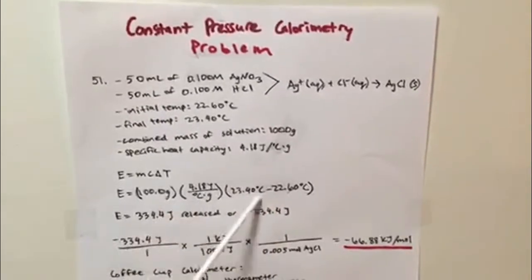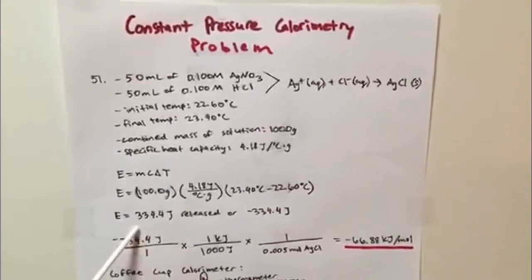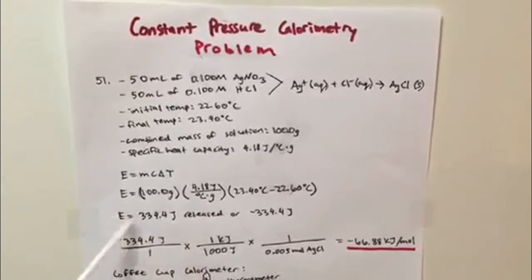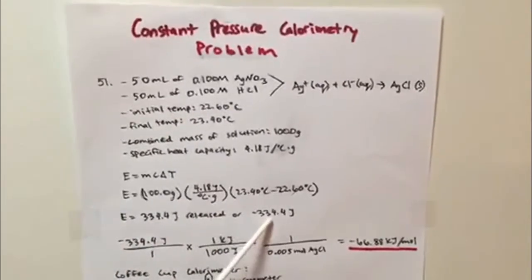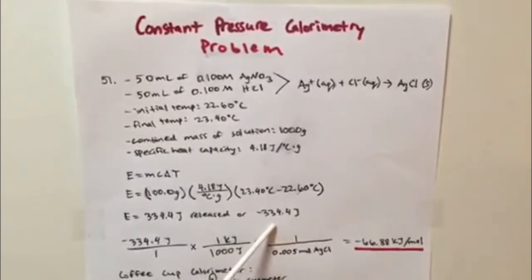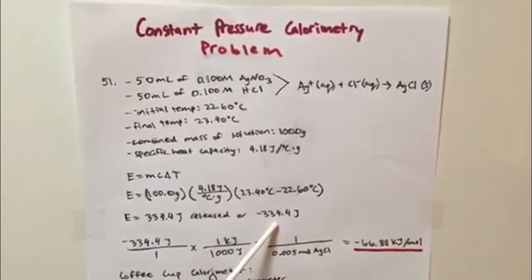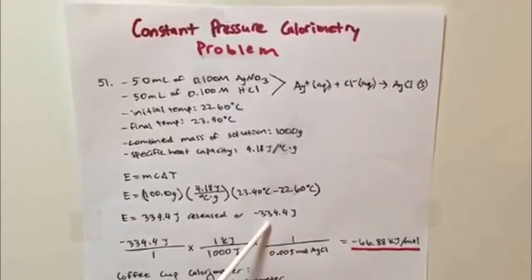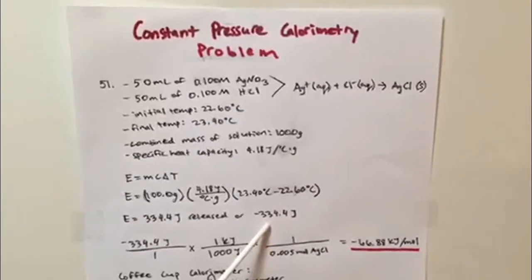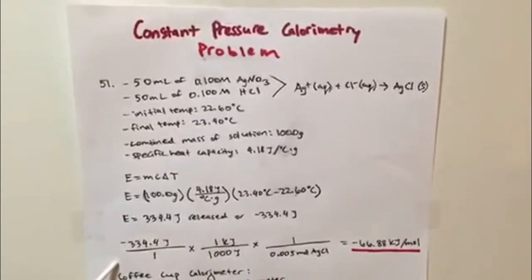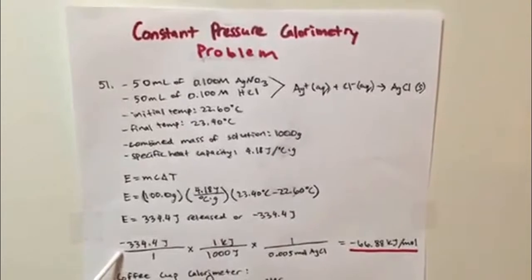And then you plug this in your calculator and you will get 334.4 joules released in heat, or you can write this as negative 334.4 joules because the reaction is exothermic, and we can see that because the final temperature has increased from the initial, meaning that it's releasing heat and thus exothermic. So from that, what we can do is we see that